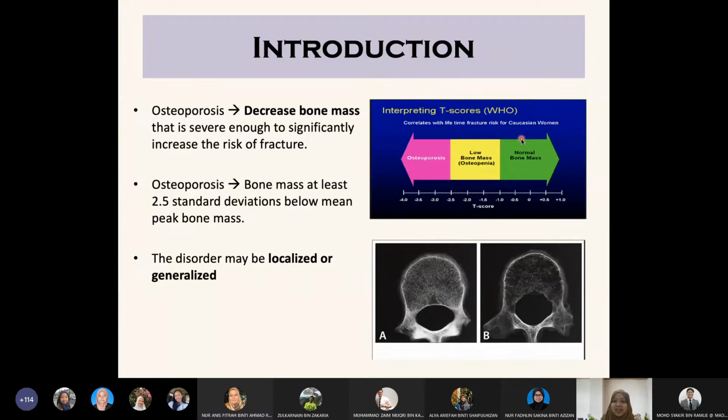Don't worry about this. What you need to know is they gathered normal patients, and they found that the bone mass for normal patients is around this, the T-score. T-score is the standard deviation. When it falls between this, it is categorized as osteopenia. Osteopenia is also reduced bone mass, but